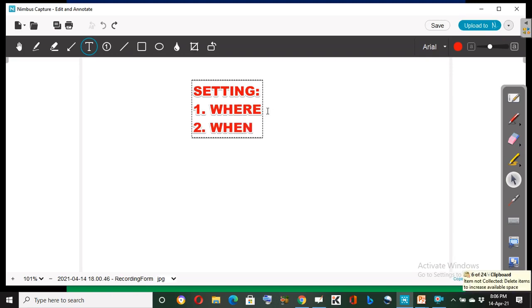When we are talking of where, we are talking of the place where the actions of the play or story occurred. Where refers to the place, and when refers to the time, and not just time, but the